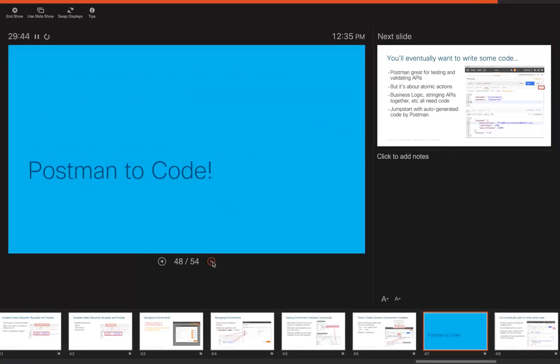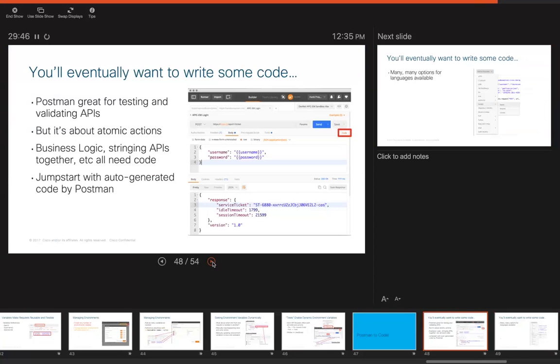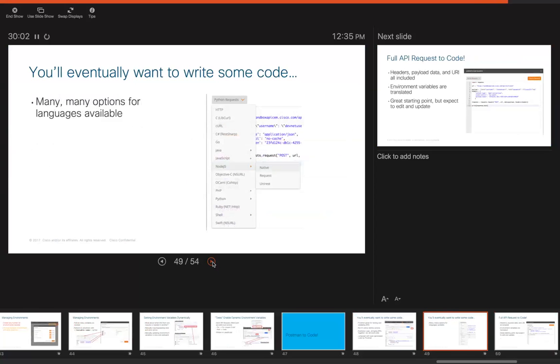And then lastly, what's nice about Postman, even as we get into the next session and start putting some of these pieces together, is around coding. There's actually a code button within Postman that allows us to turn these API calls into code. And again, there are multiple types of code supported within Postman.